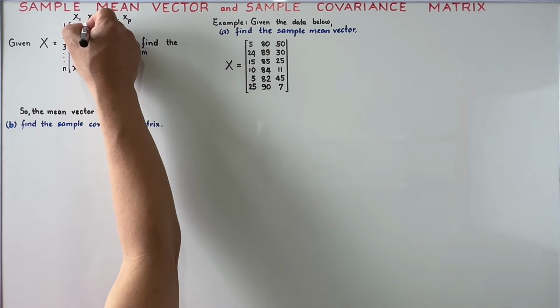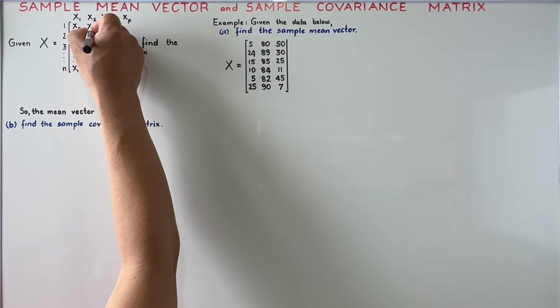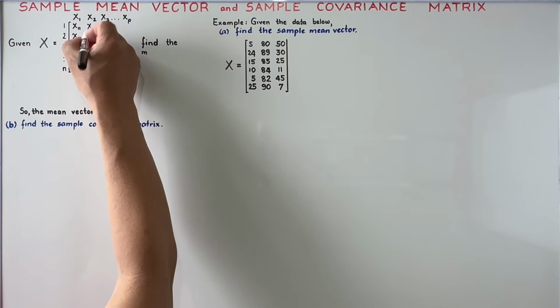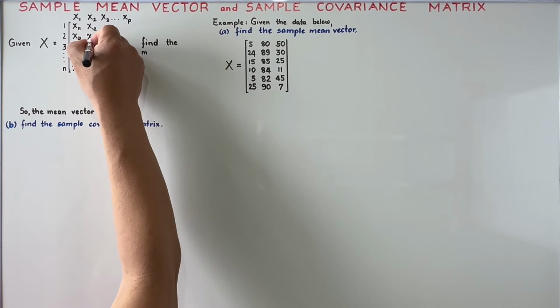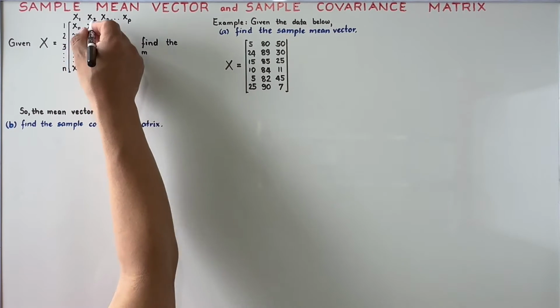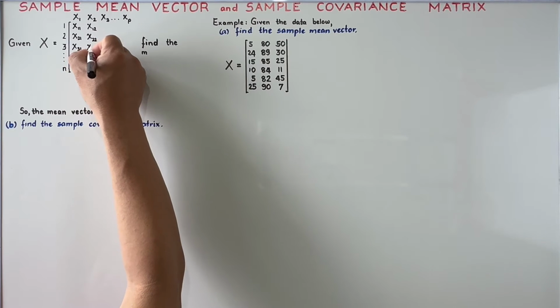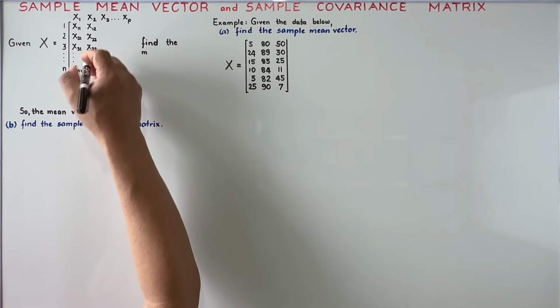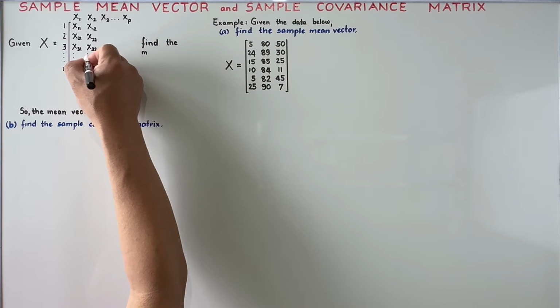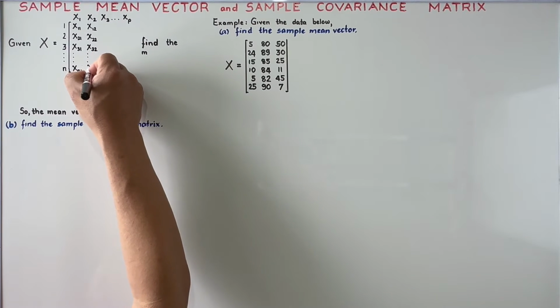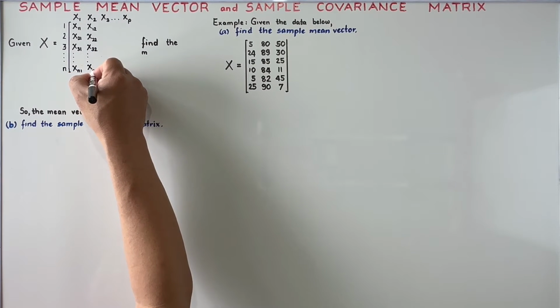And also for the second variable, you will have x sub 1,2, because this is the first observation for variable 2. We have x sub 2,2, the second observation for the second variable, x sub 3,2, the third observation for the second variable, and so on until you reach the nth observation for